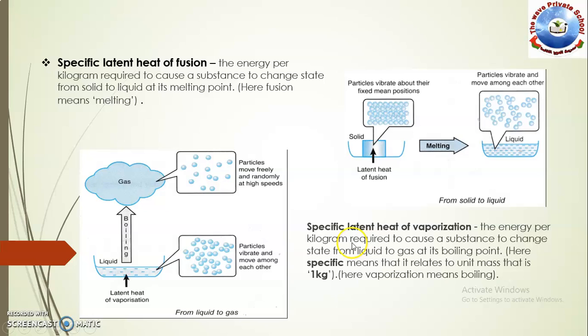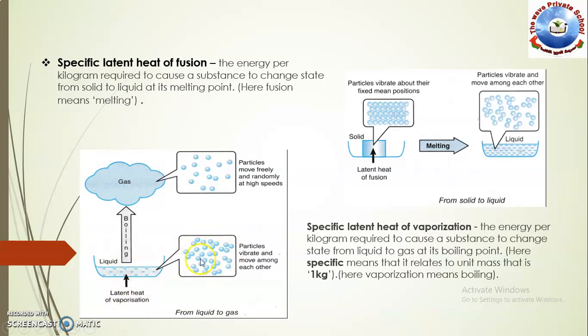The energy per kilogram required to cause a substance to change state from liquid to gas at its boiling point. We know that vaporization means from liquid to gas, and this process happens at its boiling point. Here specific means that it relates to unit mass, that is 1 kg, and vaporization means boiling. So now it is clear that when a liquid changes its state from liquid to gas,